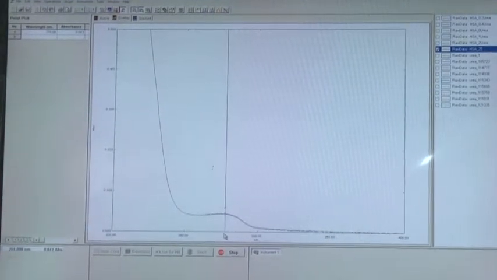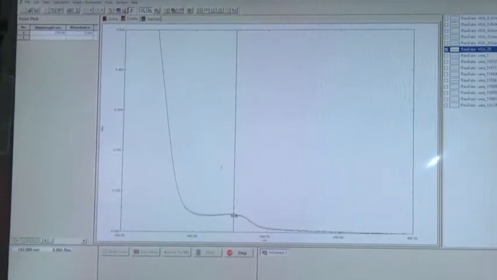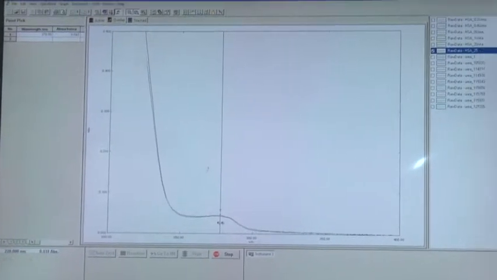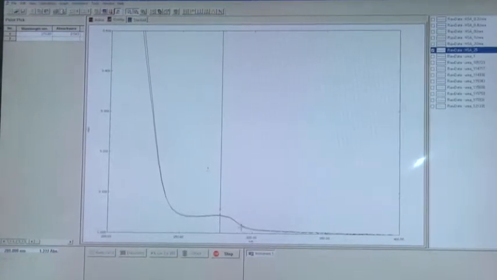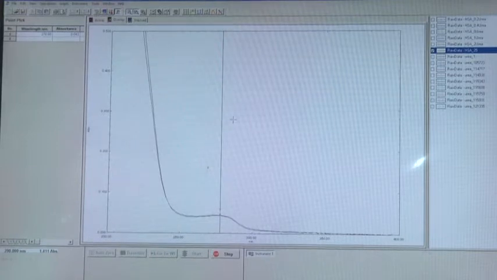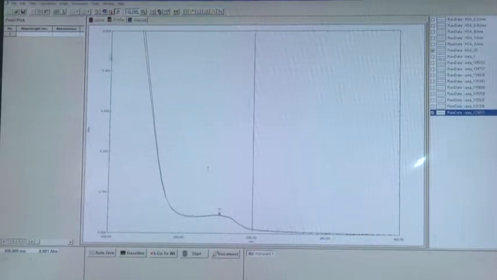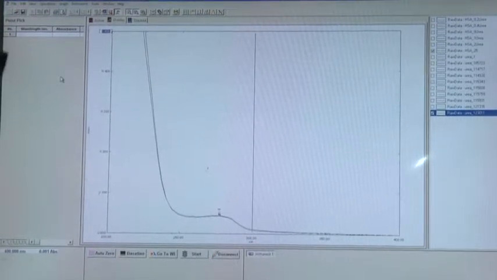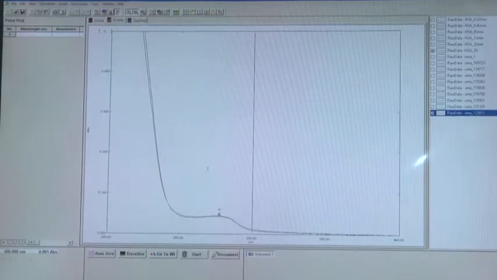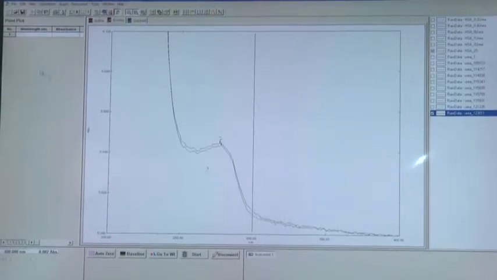Here we can see the protein's absorbance value is more or less equal to that of 25 degrees centigrade. We will zoom in once this is complete. Here we can see the absorbance value changes slightly, but not by much, which signifies that the protein more or less retains its structure at around 37 and 25 degrees centigrade.